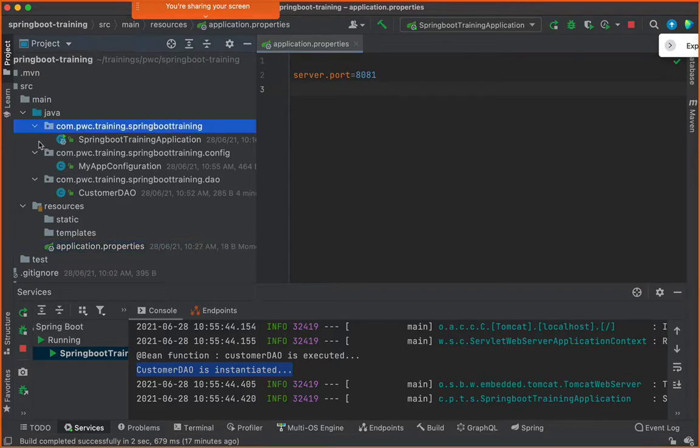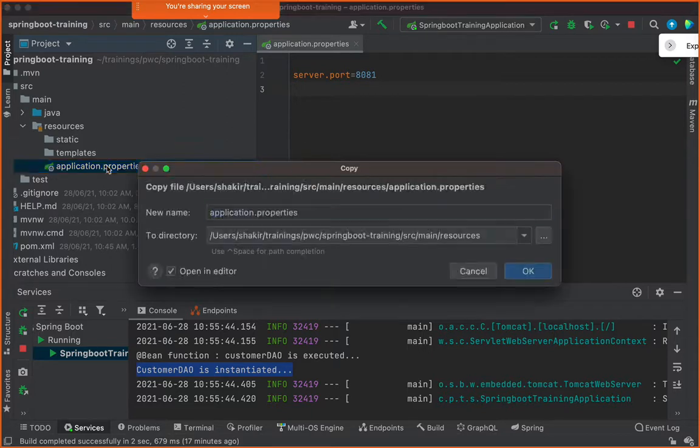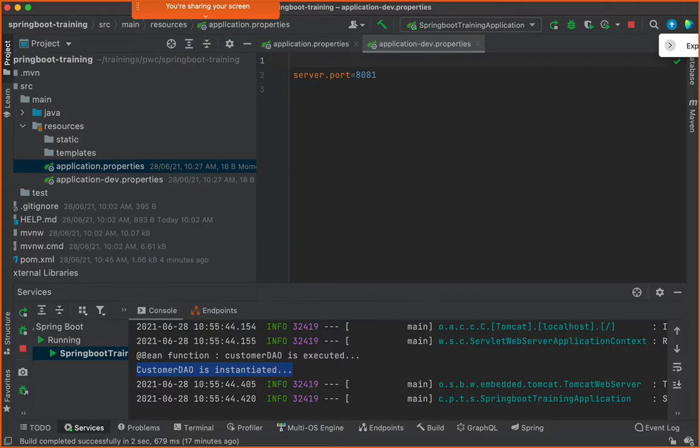Very simple. This used to require some configuration when using just the Spring framework and not Spring Boot, but with Spring Boot, it automatically understands that. What I do is I just copy it and paste it, using the hotkey Command C, Command V, and I name it application-dev.